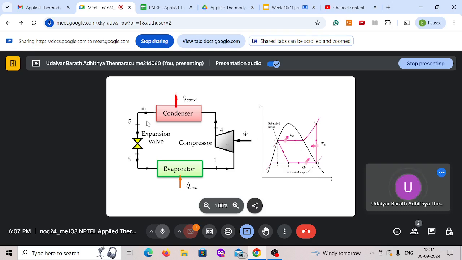So your inlet will be in a liquid state, and then your exit is in a two-phase state. It's a liquid plus vapor. And in the Joule-Thomson effect,